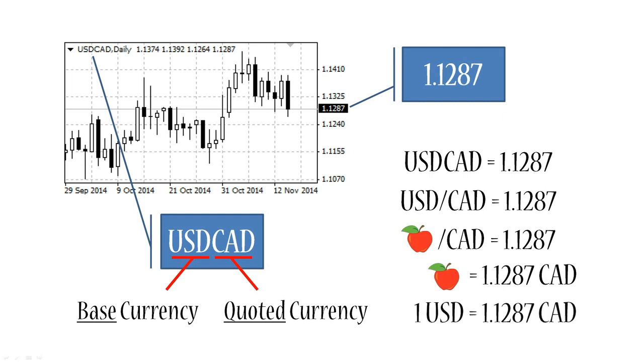So now going back to US dollars, we can see that the price of 1 US dollar is approximately 1.13 Canadian dollars. This means that for 1 US dollar, all you will get is 1 Canadian dollar and 13 cents. Or in other terms, to buy 1 US dollar, you would need 1 Canadian dollar and 13 Canadian cents. And now when we look at the chart, we know that the price is simply telling us how much an American dollar is worth in Canadian dollars. And as the price goes up and down throughout the day, that's simply the price of American dollars expressed in Canadian dollars changing throughout the day.